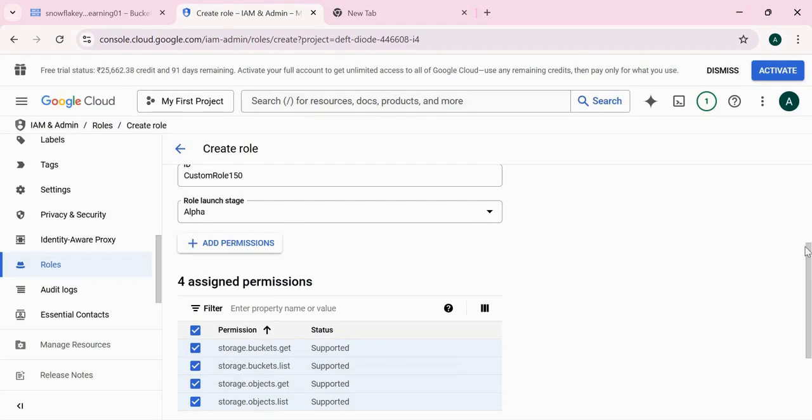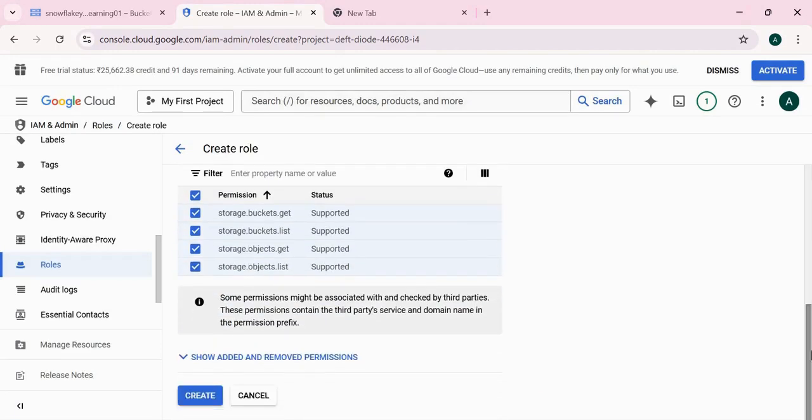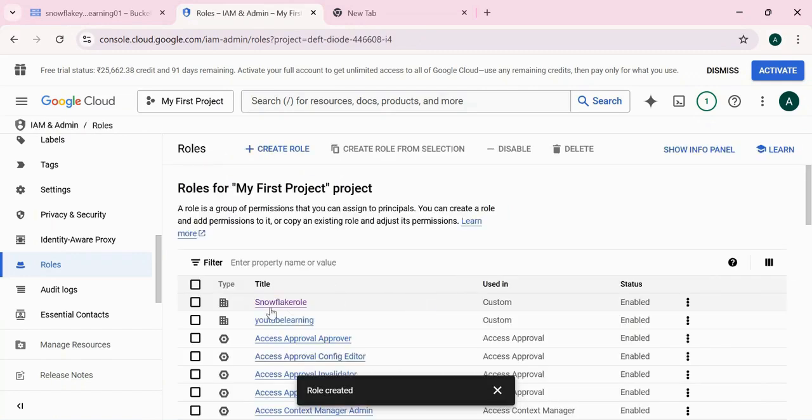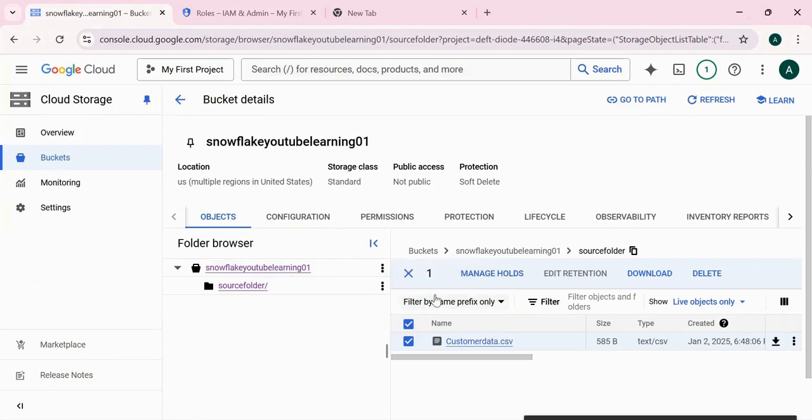Now, these four permissions I have added in this role. What you're going to do next, you can click on create, and your role is created. Okay, now this YouTube learning role we have created, what I'll do as the next step, I'll go to this cloud